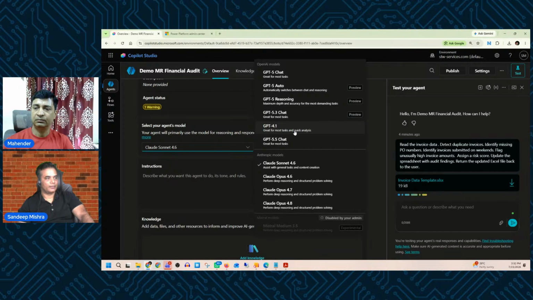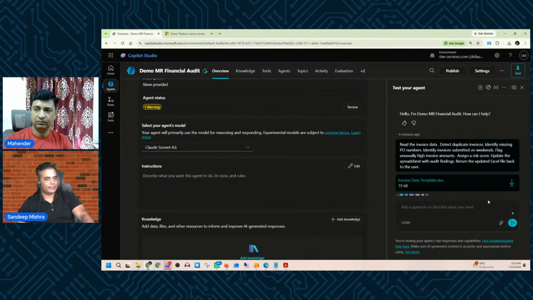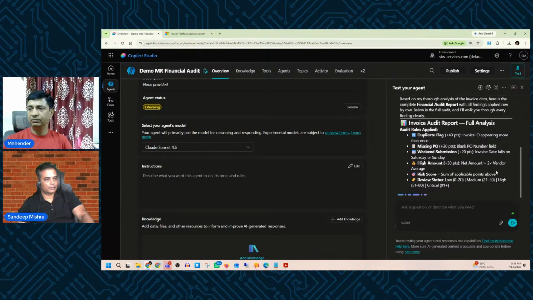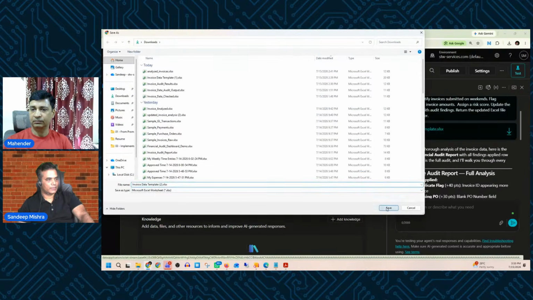You will just find a flag 0 or 1 kind of thing. But when we are using Claude, we are getting files, and that is quite, you can say, everything highlighted. So let me download this one,